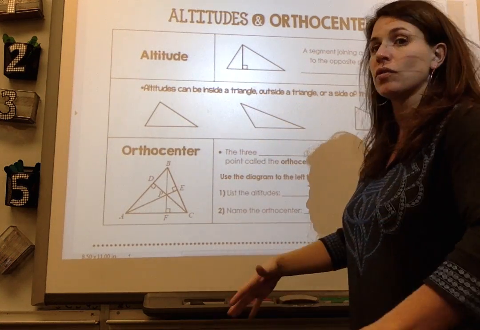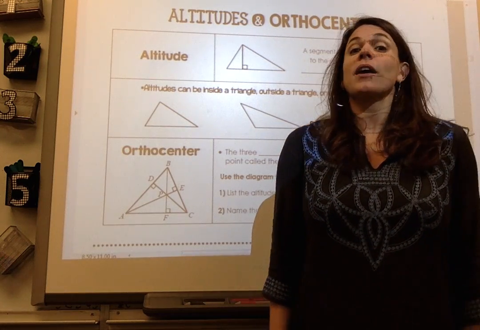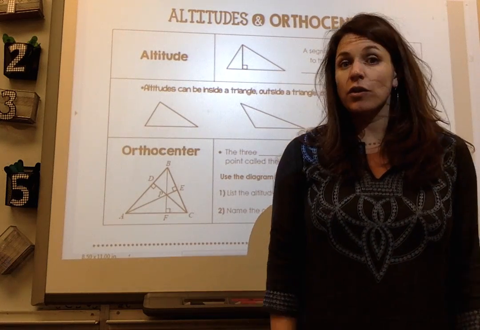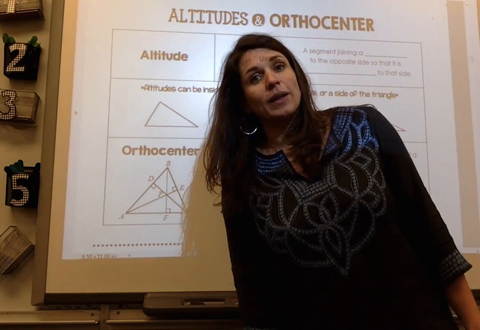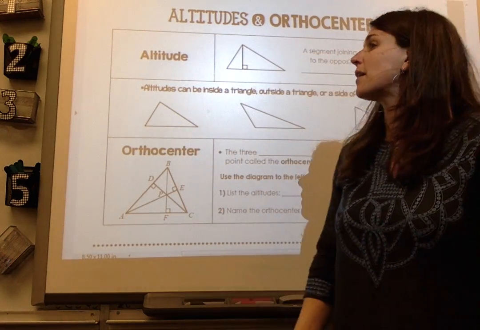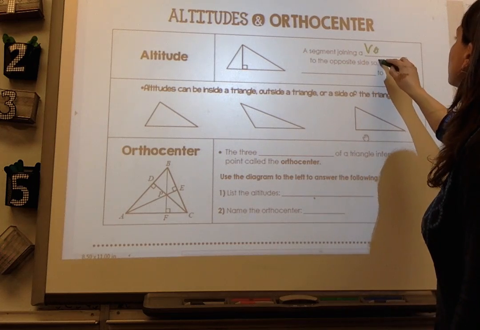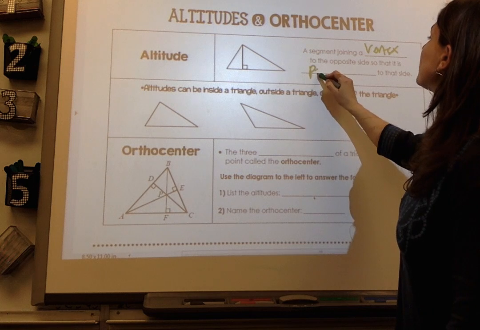So think about altitude as when you go to the doctors and they tell you to stand up straight. How tall are you? So it's from top to bottom. You are perpendicular to the ground. They're not going to tell you how tall you are by leaning to the side. It's straight up and down. That's the altitude. So when you have a segment joining a vertex to the opposite side so that it's perpendicular